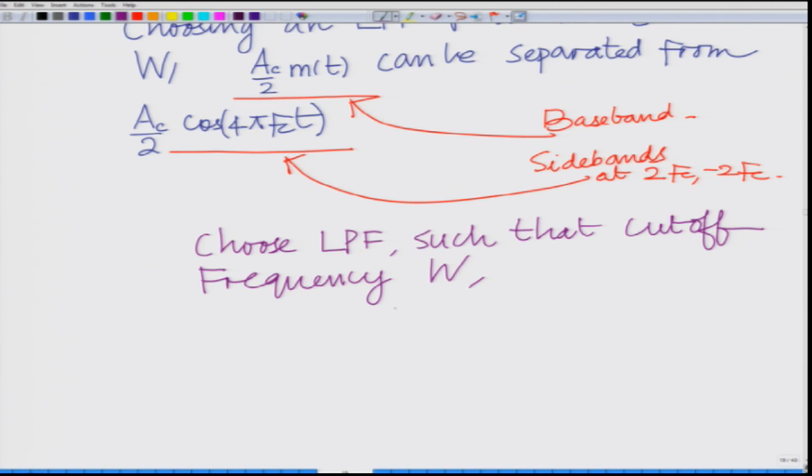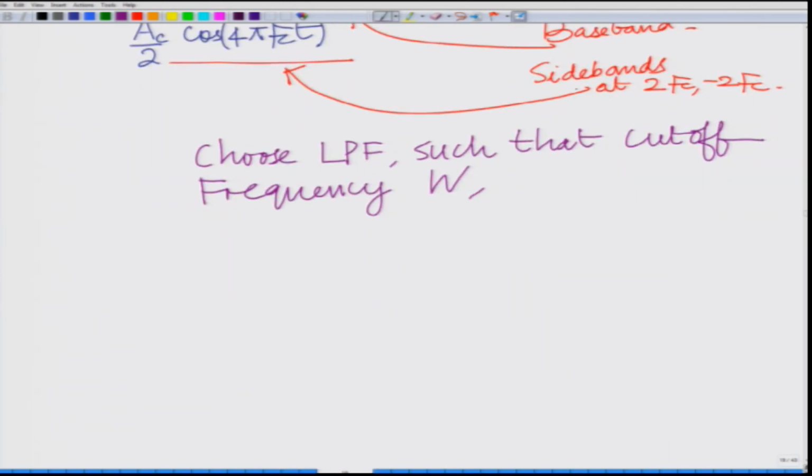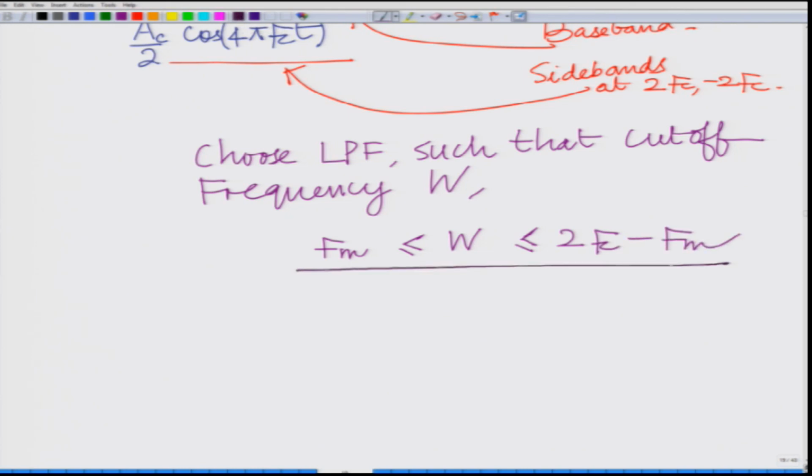Now, if you look at this, that is very interesting, you have Fm should be less than 2 Fc minus Fm, that is we should have Fm less than or equal to W less than or equal to 2 Fc minus Fm, and this is possible,